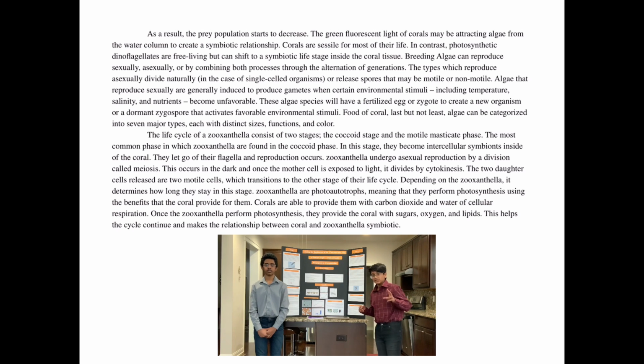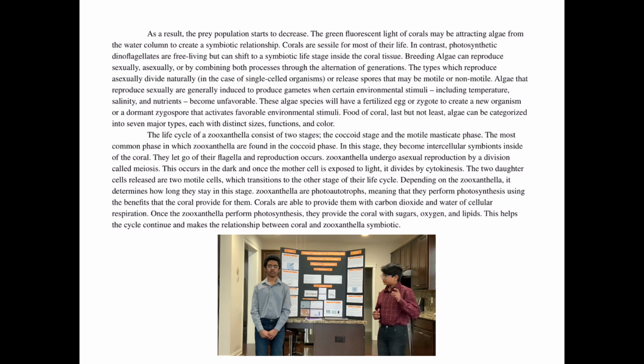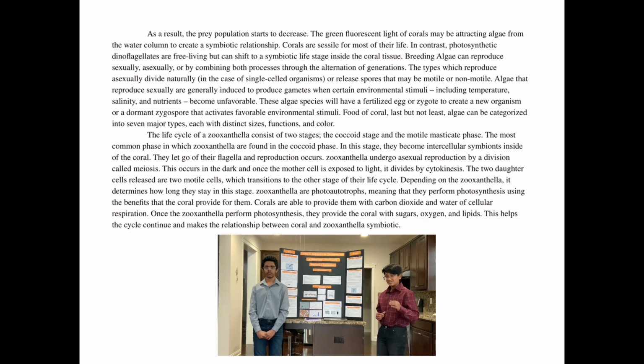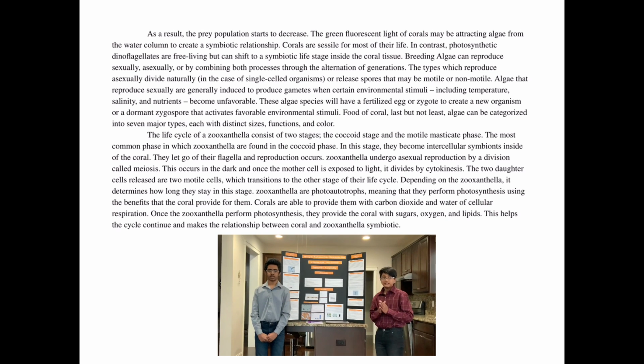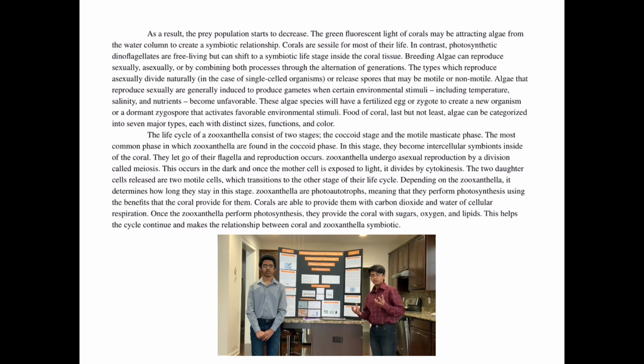So the life cycle of zooxanthellae consists of 2 stages, the coccoid stage and the mastigote stage. In the coccoid stage, the algae goes through a process where it binds with the coral and it starts a mutualistic relationship or a symbiosis. And when it has enough nutrients, it doesn't power photosynthesis. It reproduces. It goes through a process where it reproduces either asexually or sexually, or a combination of both. It goes through a process called meiosis, and that starts in the dark. And after some point of time, it comes to the light. When the mother cell is introduced to the light, it begins cytokinesis, in which it splits up its cells and it reproduces. This new cell is now in a mastigote phase, and it will grow and eventually build the same